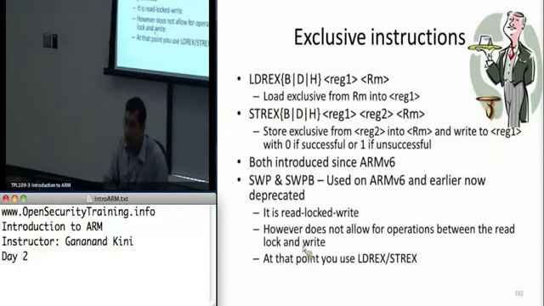Next, we'll talk about some exclusive instructions. The two exclusive instructions are called LDREX, which is load exclusive, and STREX, which is store exclusive. Prior to ARMv6, mostly there were only two atomic instructions available. If you remember exchange from x86, there used to be something called swap and swap byte, which was SWPB. But now it's been deprecated in the sense that it's still available, but it's not used as much as load